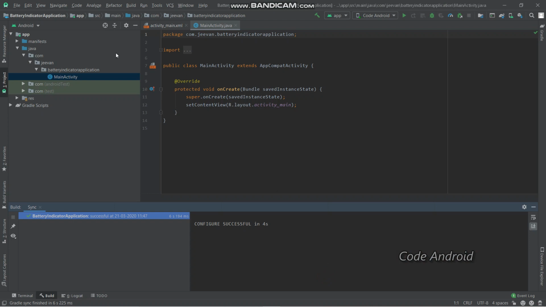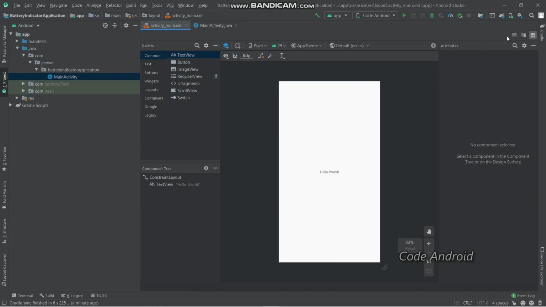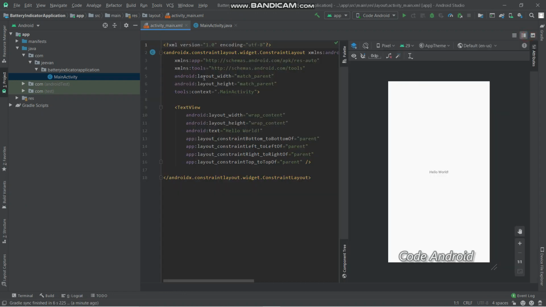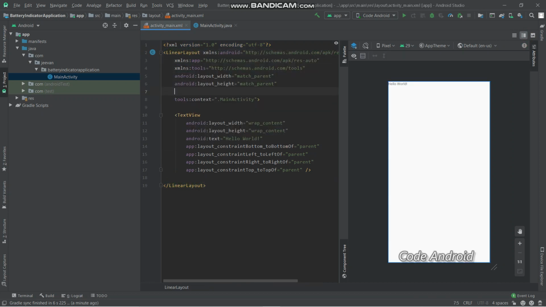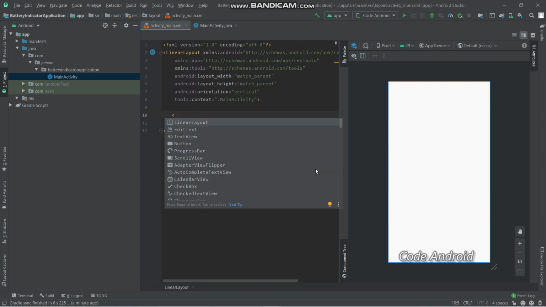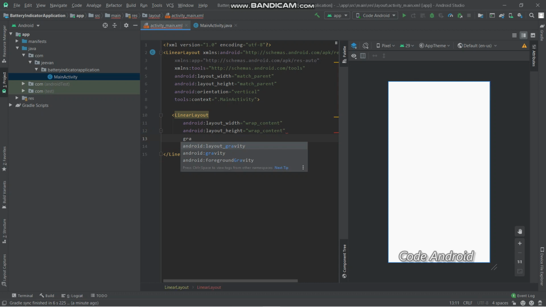After getting sync successful, go to XML and clear the constraint layout and name it as linear layout and give the orientation as vertical and remove this text view and add one more linear layout. Let the width be match parent and height be wrap content and gravity be center and also